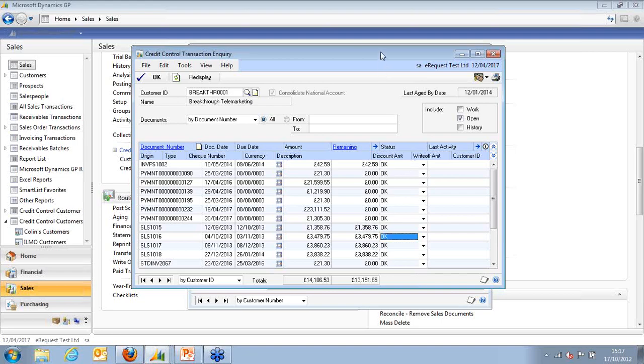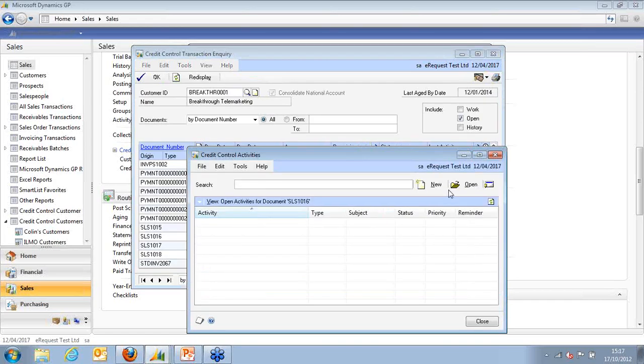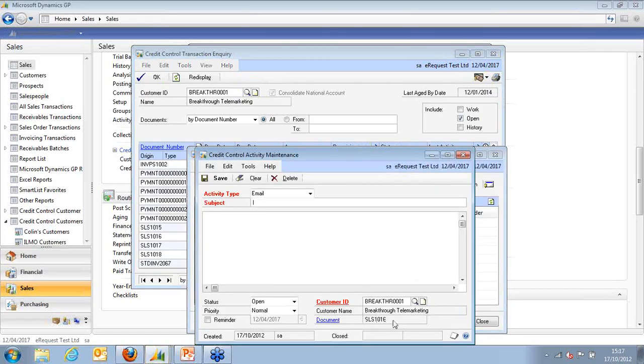In the same way as we could put a note and activity against a customer, you can also put a note and activity against an individual transaction. So if I've got sales transaction 1016 here that I want to make a particular activity against, I can go into the activities, create a new one, and you'll see down at the bottom it links it to document SLS 1016. So if I create here a task to say chase sales on why this invoice is disputed,